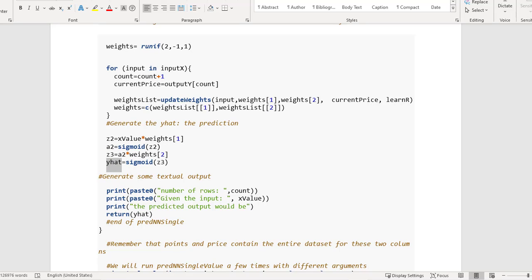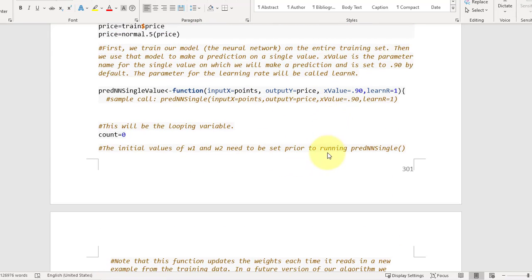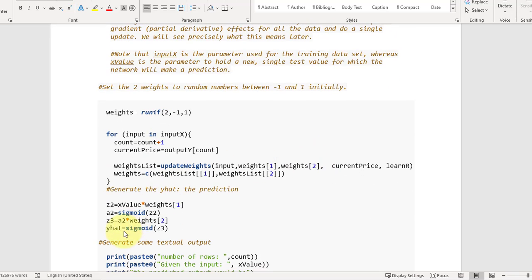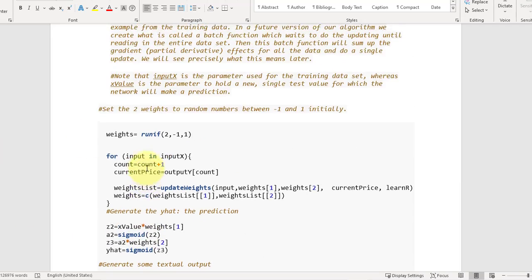So push out a prediction for that 0.9. And so we're going to say the number of rows. The given input was the original X value, that is this thing here. And the corresponding prediction or output is going to be Y hat, and that's here. So that's the nature of this function